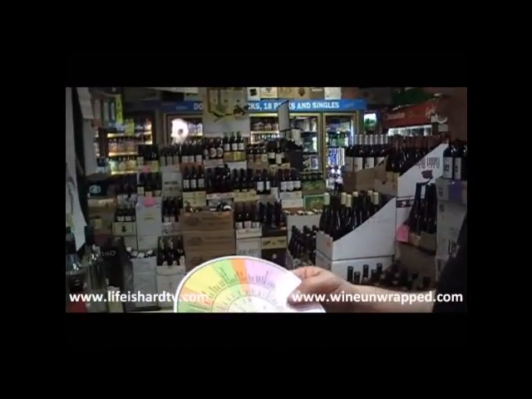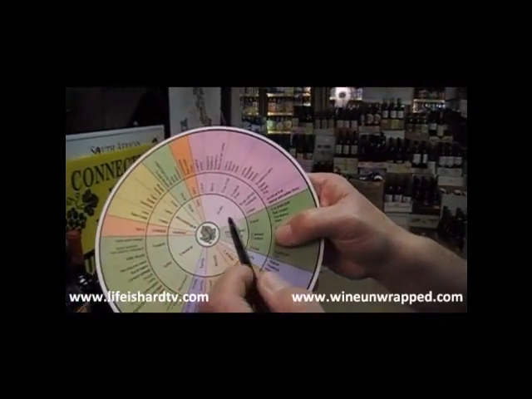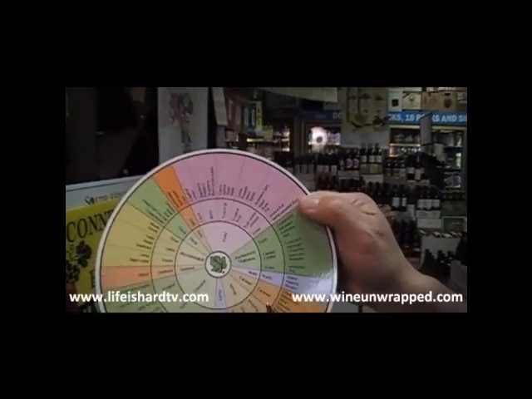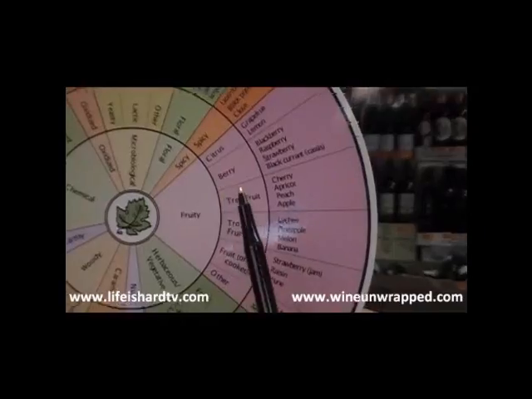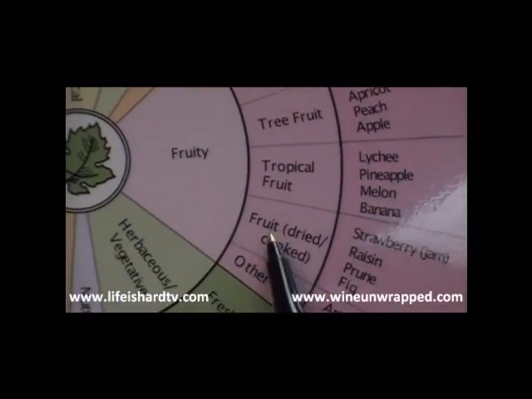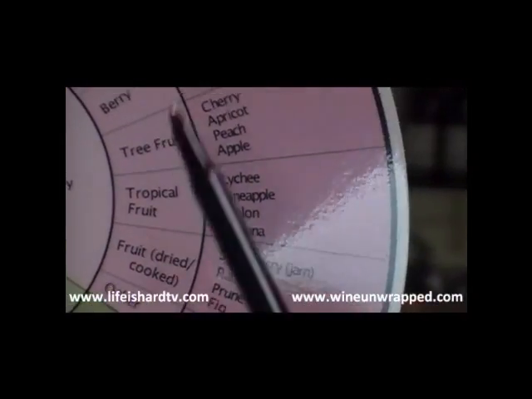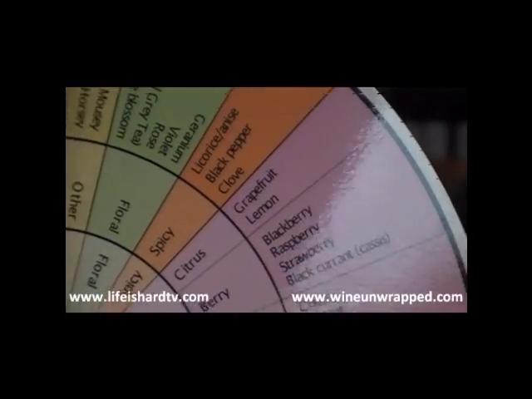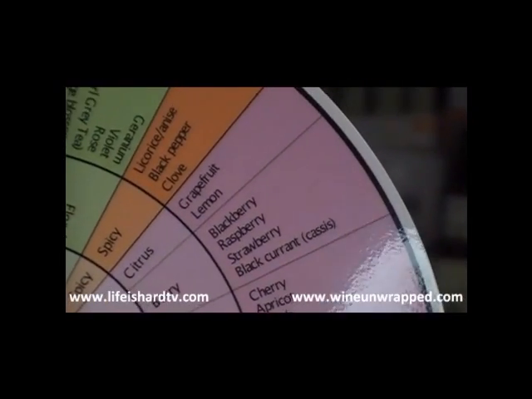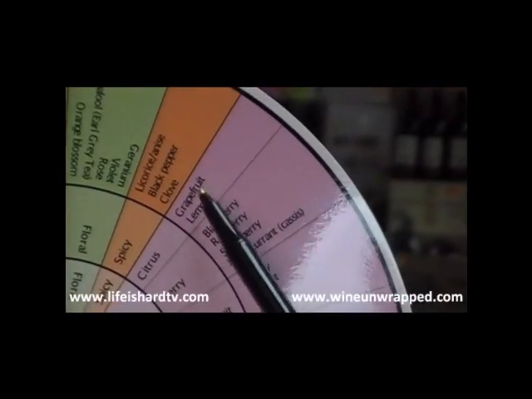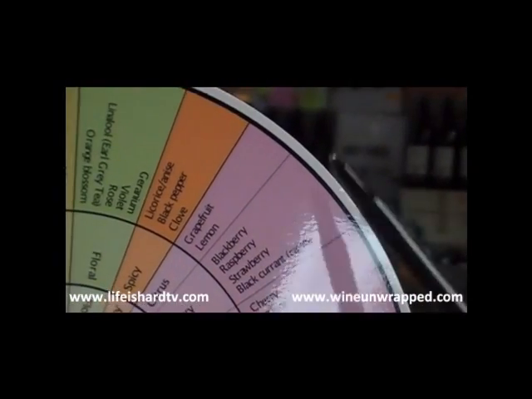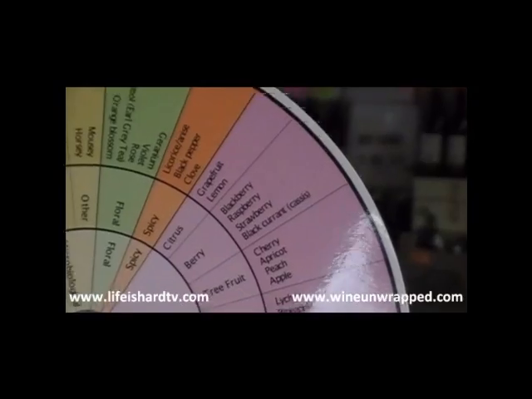So, for example, if you're having a wine that you say is fruity, you could look at the wheel here, and here's the general category of fruity. Now you have to think about it: are you tasting citrus fruits, berry fruits, tree fruits, tropical fruits, cooked fruits, or other? These are just some of the terms. It's not all the terms used for wine, but these are the ones that often come up in wine drinking. So now that you're starting to specialize, you say to yourself, all right, if I'm tasting citrus, what am I getting? Am I getting grapefruit? Am I getting lemon? Lime's not written on there, but obviously you could be thinking about that.